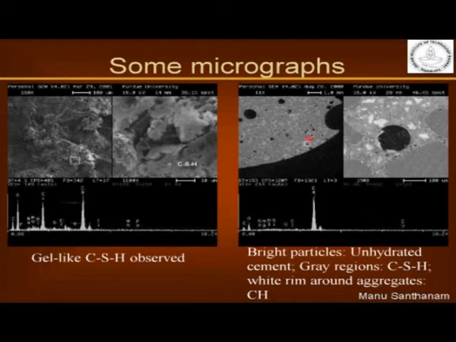Now this is again a microscopic image, but in this case the specimen has been polished to reveal the contrast because of the brightness of the phases. You see this is quite similar to the picture that we saw earlier, which showed the inner and outer CSH. Here there is a large void and you see the aggregate particles. You also see a very bright rim of white just around the aggregate, and you also see some white deposits inside the porosity, or inside the void here. That white deposit is calcium hydroxide, and the grey area surrounding the particles is calcium silicate